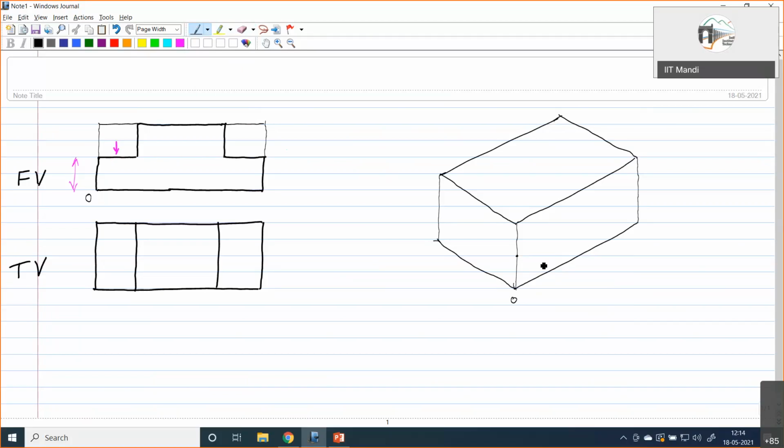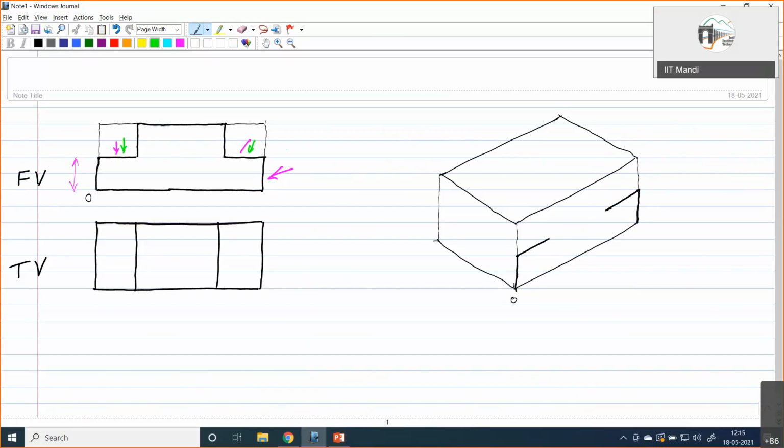Parallel to this bottom line, this will be marked. The same will be true for the other side also: you mark the height over here up to this point. Then again this is along an isometric line, so you draw it along an isometric line. So these two are now marked.